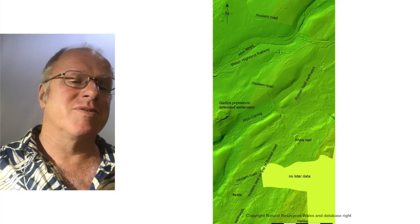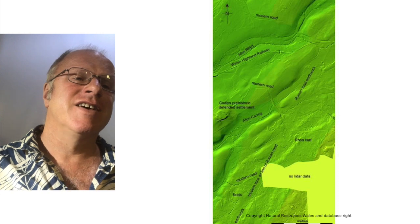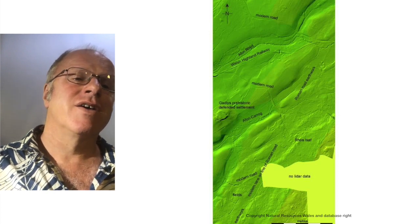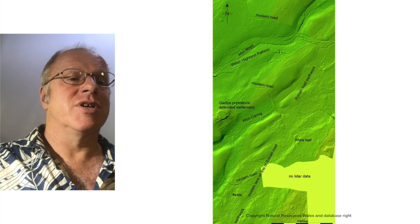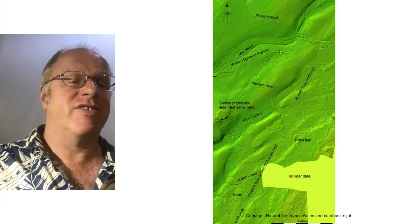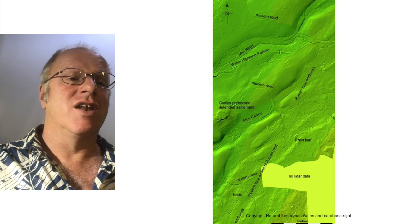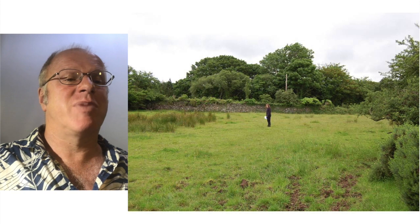Here's an example of what it looks like on the Lidar. Not easy to see, but if you study it carefully, you can actually see it running for quite a long way through this landscape. I'm not going to go through this in detail because it's got to be a short lecture, but suffice to say, it's very difficult to see on the ground. The Lidar is very sensitive and is very good at spotting long linear features. But when you try and see them on the ground, you can just about see the bump in the wall